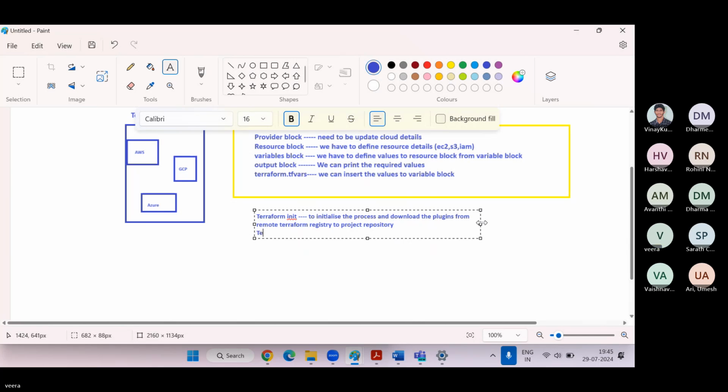And next, Terraform plan. I will explain, wait for this.